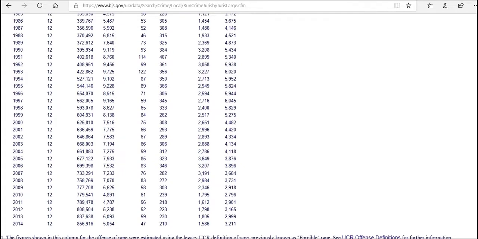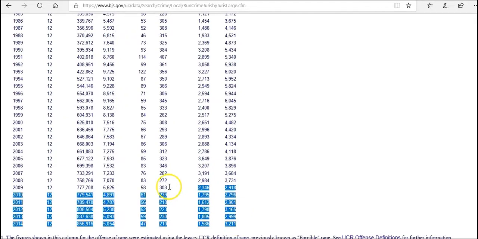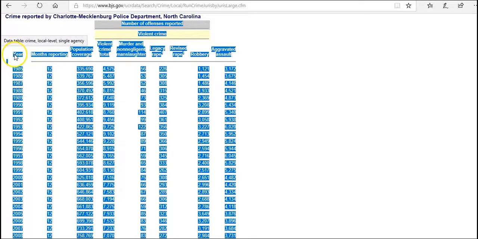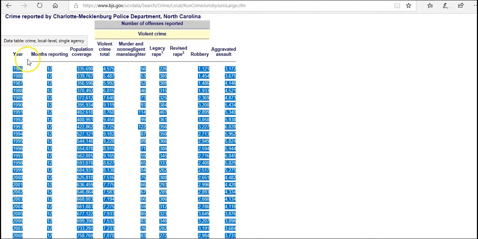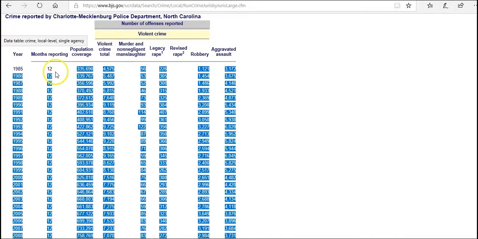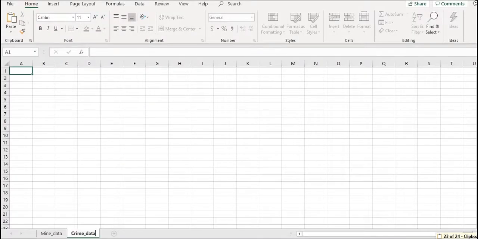So let's try this again. Simply copy and paste this data into the other Excel spreadsheet. Grab the headers if you want. You might not want to grab the headers because look, when I scroll onto the headers, this part, violent crime and the number table, also highlights. So I'm not going to grab the headers. I'm just going to grab up to 1985, copy, go back to Excel into my second sheet. In this case, I'm going to paste it into the second row because I want to put my headers in the first row. Control V,